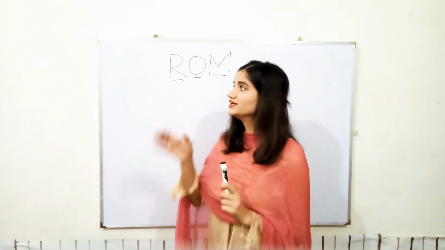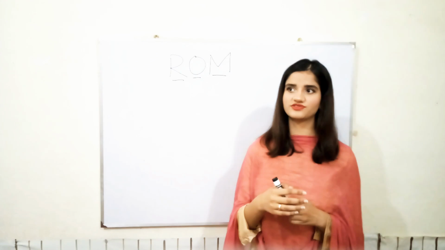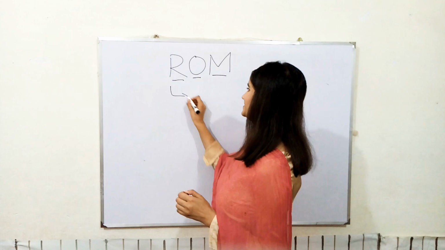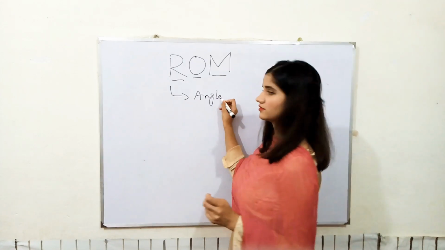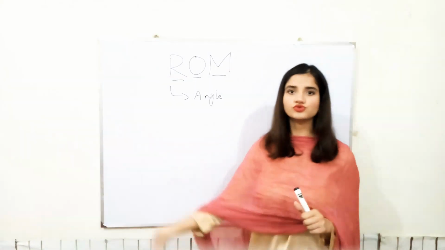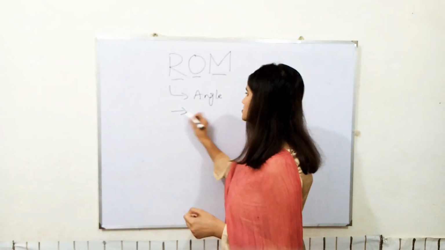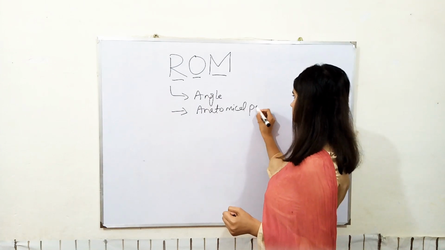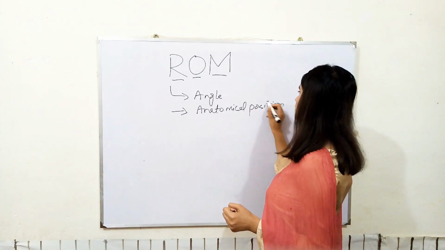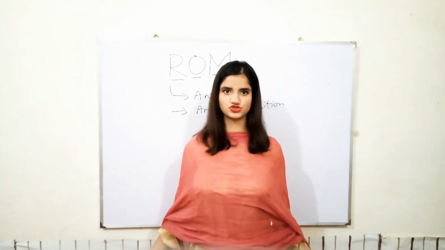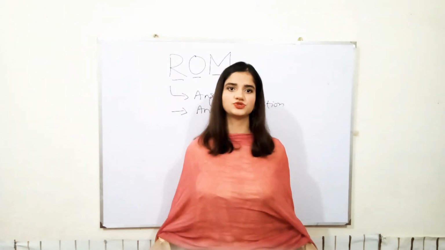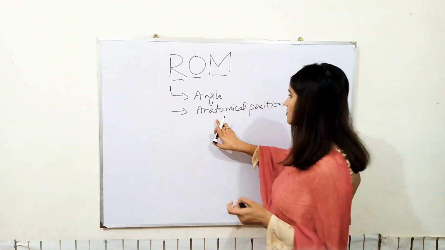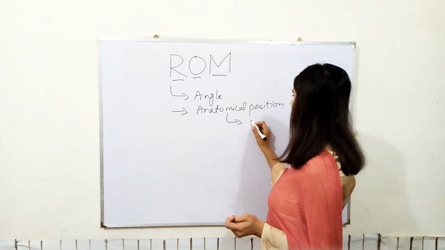So we can define range of motion in other words, that is, what are the basic important things we should know about range of motion. First of all, it is the angle through which a joint moves. Another thing to remember is anatomical position. We all know what the basic anatomical position is. This is our basic anatomical position, which can be shown like this. And the third thing to remember is from anatomical position to extreme